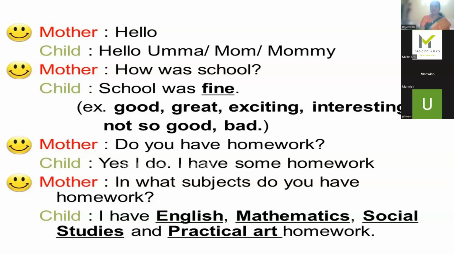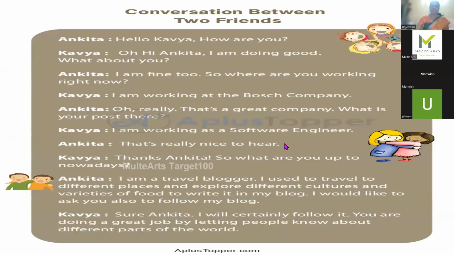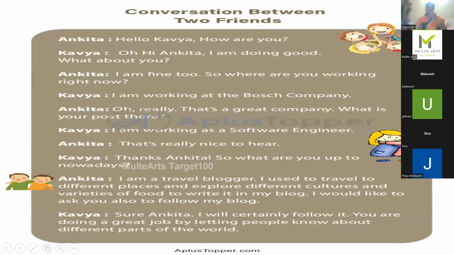So show me your report card, which subject you are good at. So once the child has to answer, maybe he has done every subject good, maybe mathematics, maybe English, maybe something. So he says, this is the reason this has happened. So this is how the conversation between parents in the house would be. So this is another conversation between friends. I told you the earlier one is between parents. I pause a little. If any doubts, you can ask me so that I'll continue with the friends.